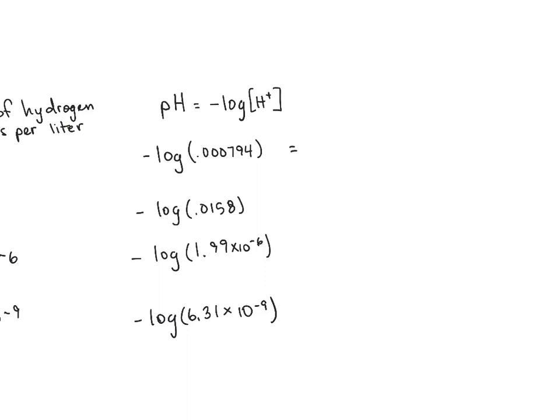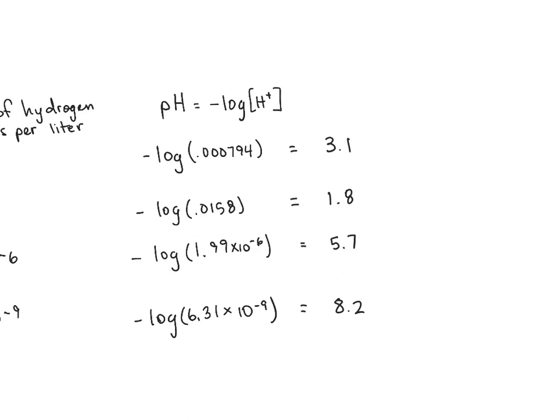So Coca-Cola has a pH of about 3.1. Lemon juice has a pH of about 1.8. Milk has a pH, turns out to be about 5.7. And seawater turns out to have a pH of about 8.2. And again, these are all values that you would just plug into a calculator using the common log button